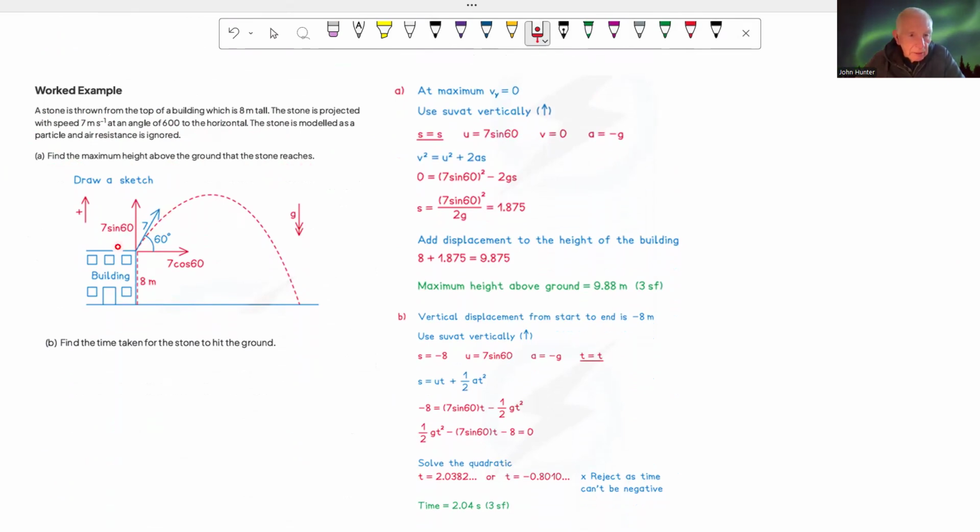Right, so here's a sketch. Here's the building. There's our 7 meters per second at an angle of 60 degrees. So we can resolve that into 7 sine 60 in the upwards direction and 7 cos 60 in a rightward direction. Incidentally, in all these problems you always see the particle going from left to right. If you get a problem where it's illustrated with a diagram the other way, you have to be careful about your signs and which is your positive direction. Okay, so the point here, going back to what I was saying before, is that at the maximum height,